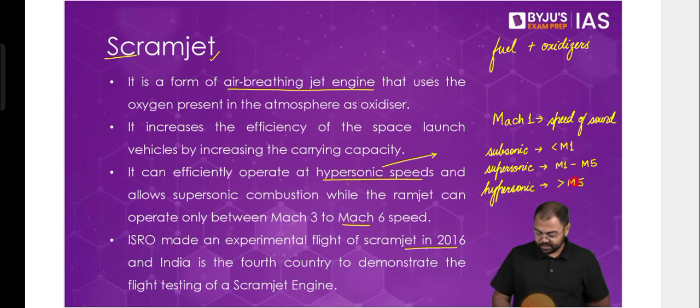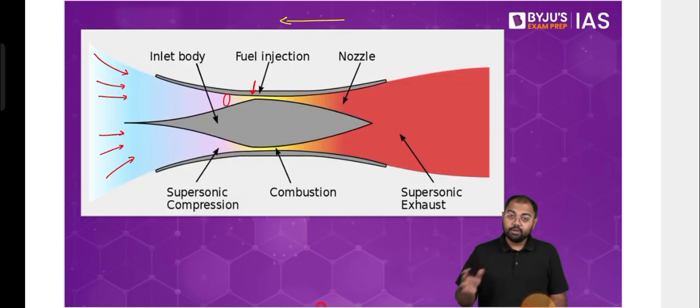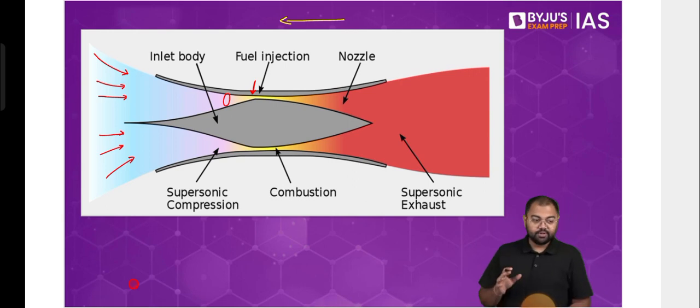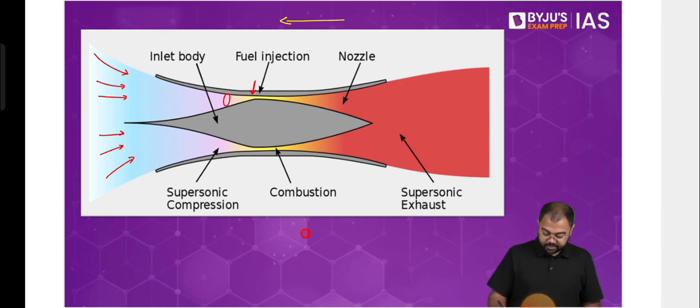It has already been tested by ISRO very recently. One demonstration was done, and this is where things become interesting: it's not only something that is being used by ISRO, but at the same time you'll find that DRDO also has been working with scramjet, and the missile variant called BrahMos, especially BrahMos 2, is also going to work on scramjet. So there also scramjet is being used.